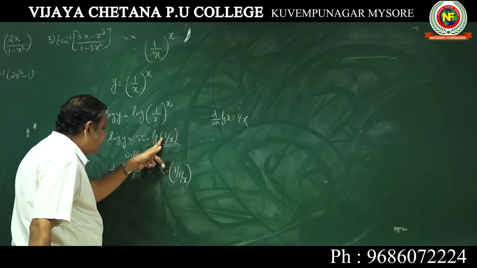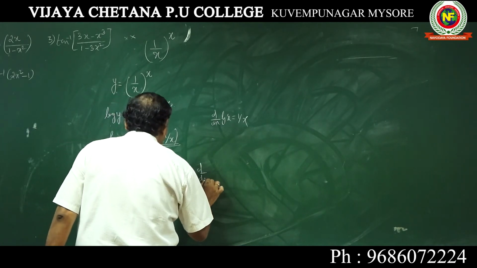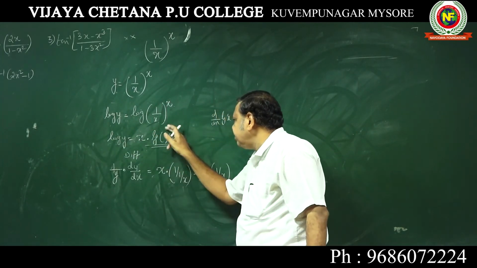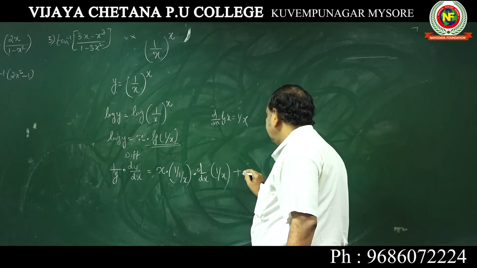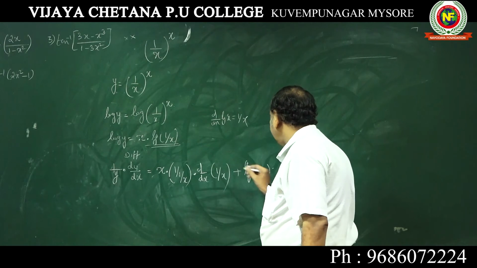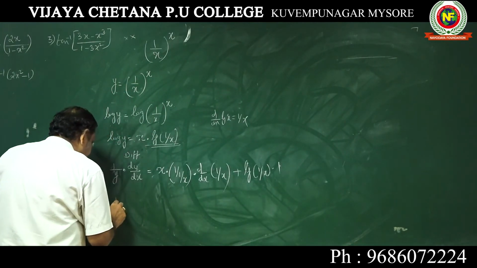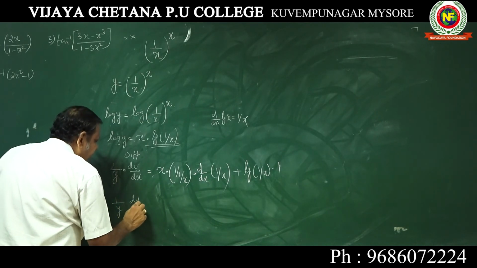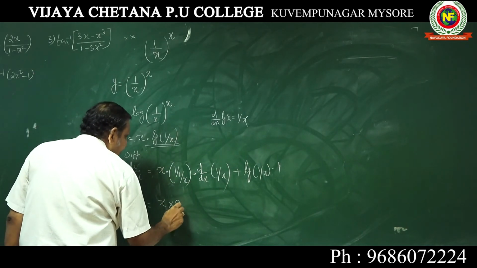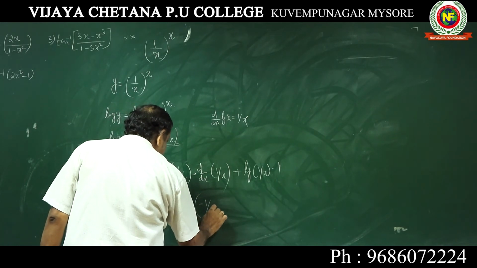So here it is 1 by 1 by x into d by dx of this, you should not forget, into d by dx of 1 by x. Chain rule, first differentiation of this and differential coefficient of 1 by x plus product rule log 1 by x into d by dx of x is 1, or it is 1 by y dy by dx is equal to x into 1 by x will be x into d by dx of 1 by x is minus 1 by x square.